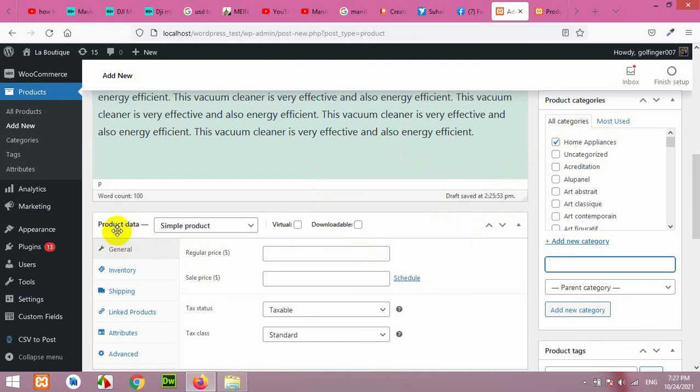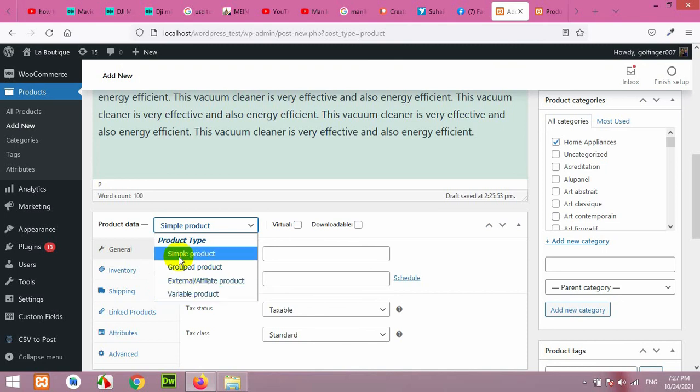Okay. It's a simple product. I'll explain later in this series what is simple product, what is group, external and variable products. The most commonly used are these two, simple and variable, but external is affiliated products. If you are building an affiliate website, just like you are selling Amazon's products or eBay products on your website, but you are not getting money from your customers, you are redirecting the customers to their site and getting affiliate commission. So this is used for that. Variable and simple products can be used as directly sold by you or a dropship product. Okay, we are building a simple product right now.